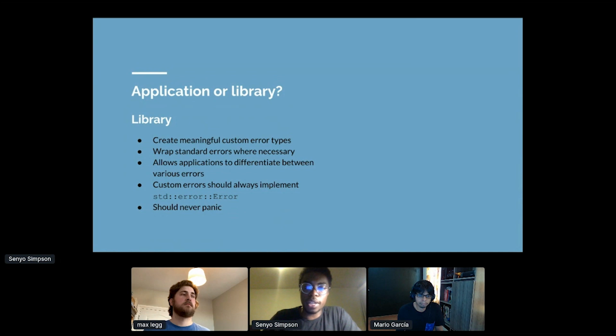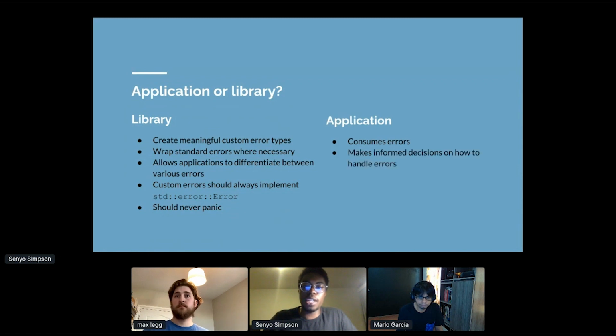Cool. So applications are different in the sense that they consume errors. They make informed decisions on how to handle those errors, and then provide context as to what happened when those errors occurred. That's their role.